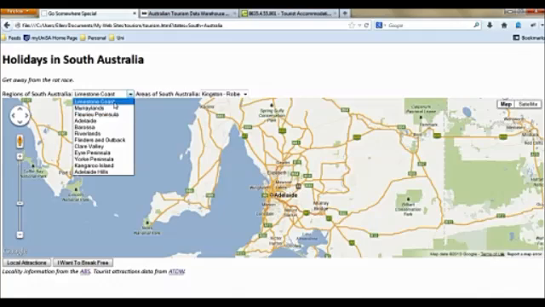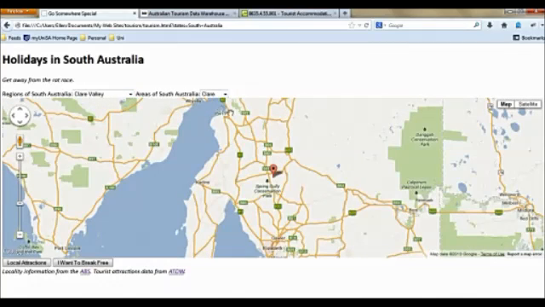Then based on the tourism regions from the XLS file, you can view different areas